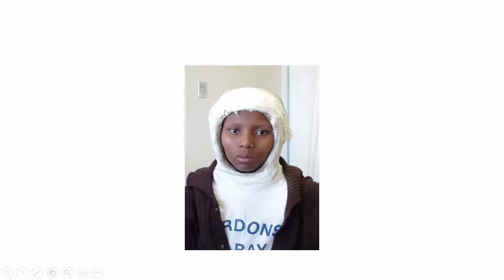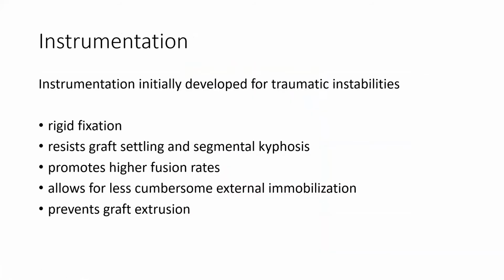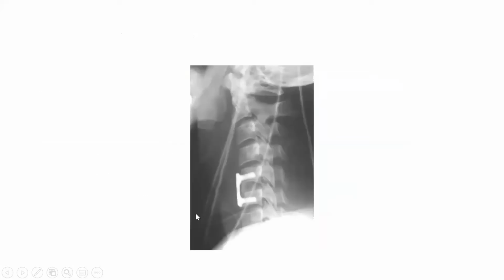Without instrumentation, you have to mobilize in an orthosis, like this unhappy fellow, or even a halo, but it's still not very rigid fixation. So the instrumentation allows you to directly get purchase in the bones. It's rigid fixation, fusion rates are much higher, and it prevents all these complications. So this is a standard anterior approach, and you've got an anterior cervical plate. We call it ACDF, anterior cervical decompression fusion. There's a plate. We've got a bit of iliac crest autograft in here, and this is a basic workhorse of